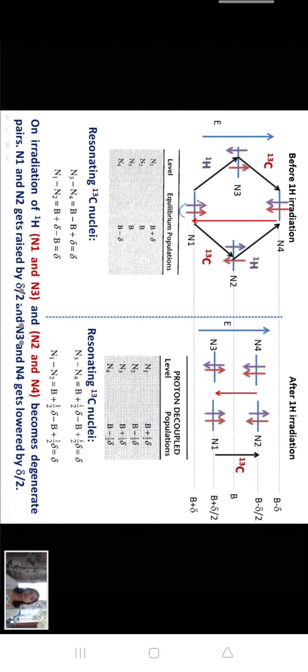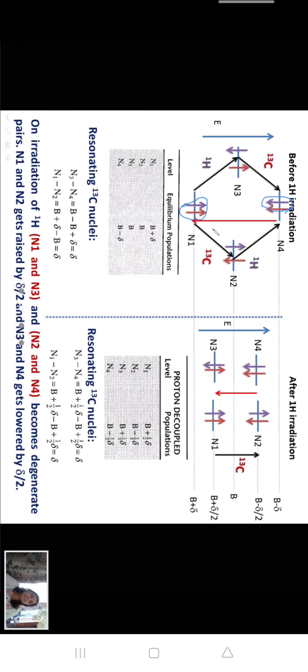Now both the nuclei are in plus half. Correct? Now the left one is where I have inverted the spin of the proton first, and the right one is where I have inverted the spin of carbon first. The next step is trivial. In this case, it is carbon which gets inverted, and in this case, it is the proton which gets inverted. And so in the upper excited state, you have both opposite spins. Spin inversion has taken place for both the nuclei.